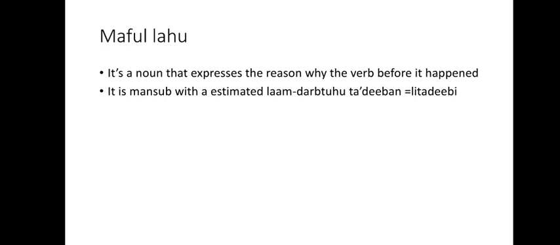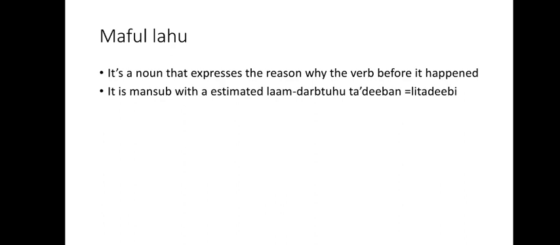Notice the "ban" at the end of the word ta'dib. This shows that the word is in halatun nasab, because it's a sahih word and it's singular, and it is represented in the nasab state with fatha. So ta'diban shows that this word is mansub. And what kind of mansub is it? Well, you read that and you say darabtuhu ta'diban. Ta'dib isn't in the same meaning as daraba, so it can't be maf'ul mutlaq. Ta'dib doesn't refer to a time or place, it means discipline, or manners, or etiquette.